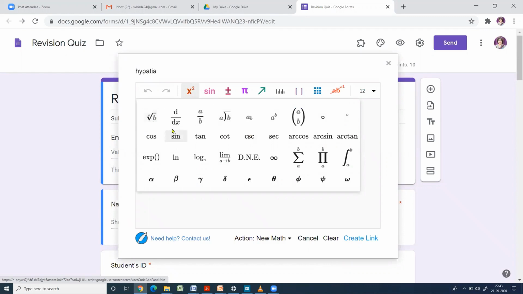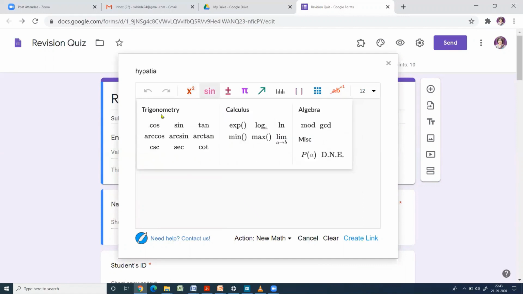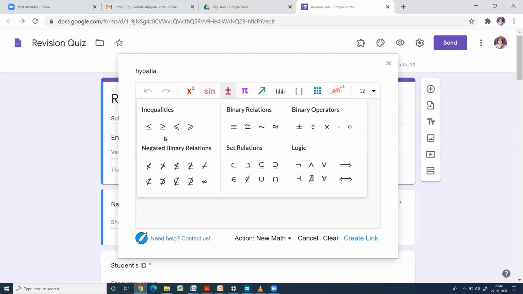Like square root, d by dx, sine, cos, etc. All these mathematical symbols you can see here. Then if you click on this sign, you will get trigonometrical sine, cos, tan, etc.